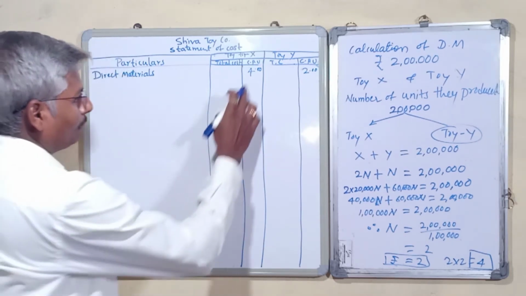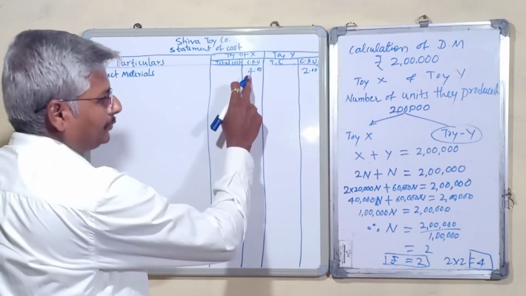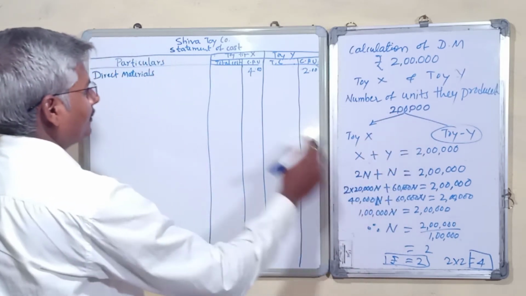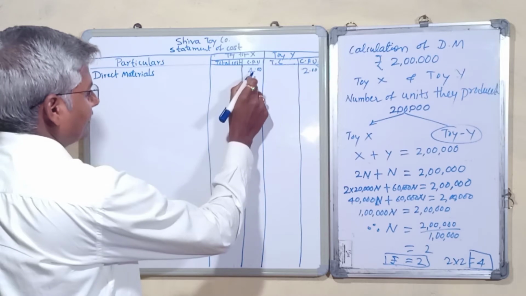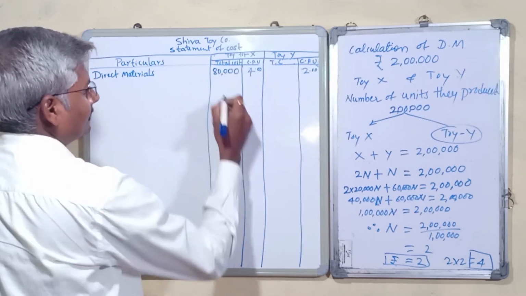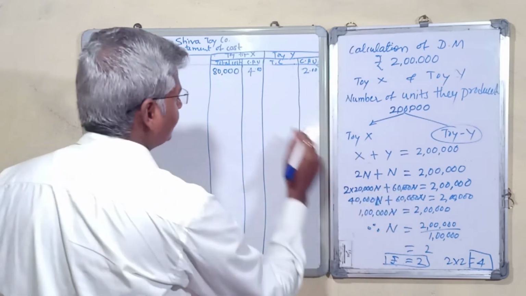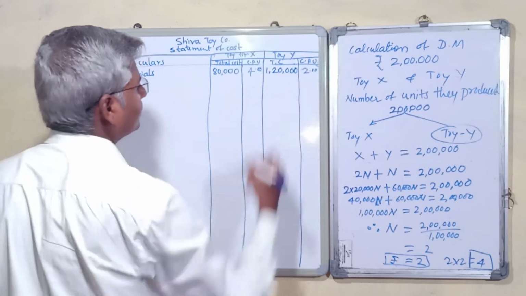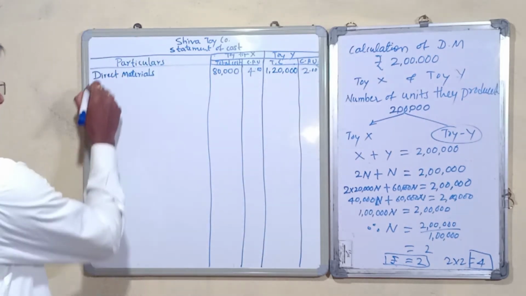Then 4 rupees into 20,000 units, that is 80,000. Then 2 rupees into 60,000, that is 1 lakh 20,000. Then